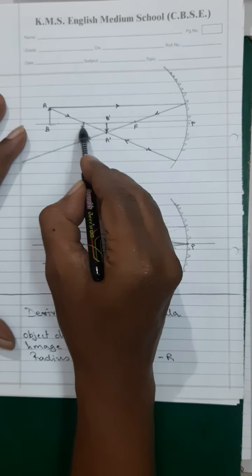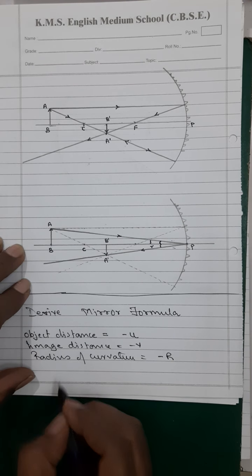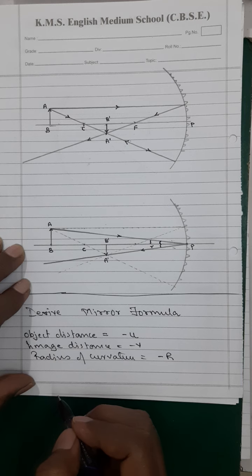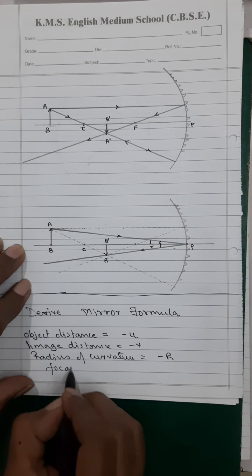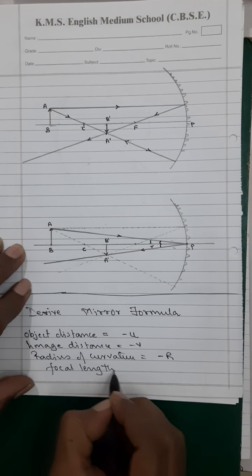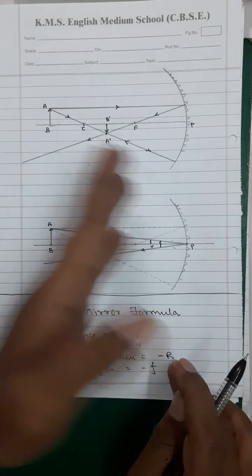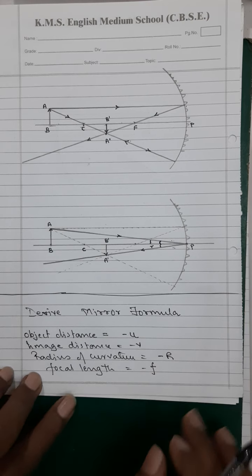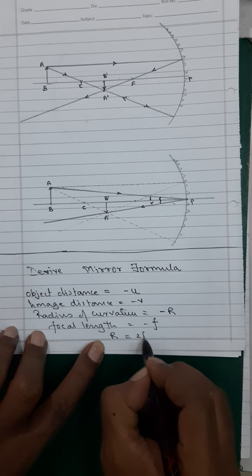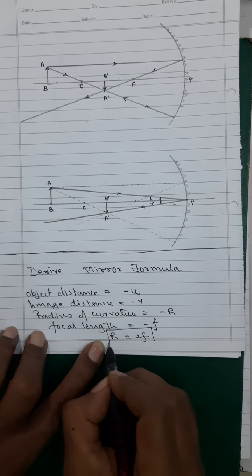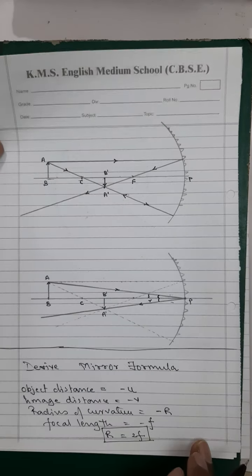This is the radius of curvature, and we know that the radius of curvature is always twice the focal length. The focal length also is going to be minus f, definitely, because basically the focal length also is on the left hand side. I don't think we will require that, but one thing we definitely will require is that r is equal to 2f. This is what we will require at the end. So these are the things that you have to remember, my dear students. And now coming back to this topic.